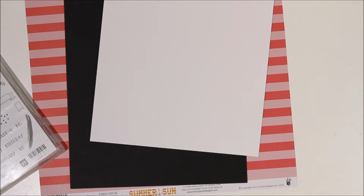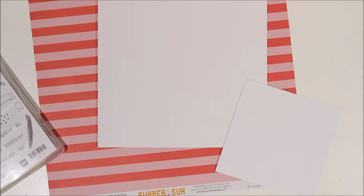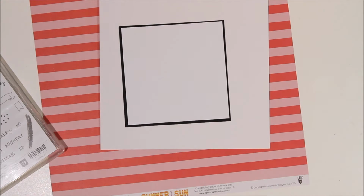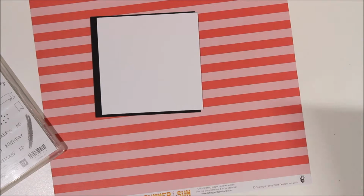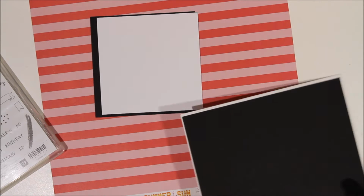I've pulled out a piece of 12 by 12 paper from the Summer Sun collection, I think by American Crafts, and I've got some black cardstock, an 8 by 8 or 20 centimetre by 20 centimetre card base, and some white cardstock. I've cut down a little square, approximately 10 centimetres by 10 centimetres, and another piece as a layer or mat, which is 10.5 by 10.5. So I always do a sort of 0.5 centimetre, 5mm border